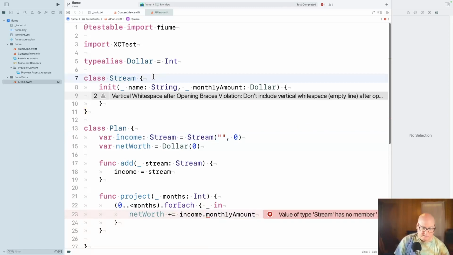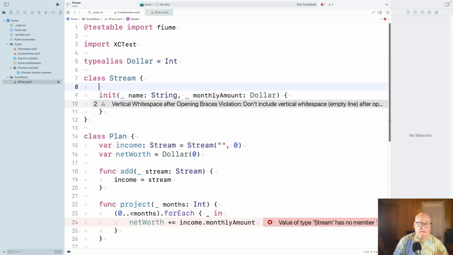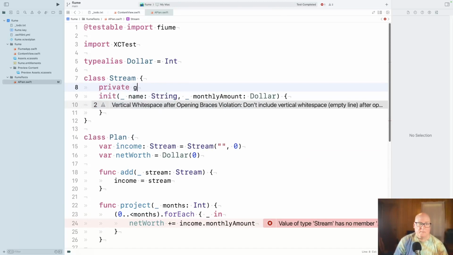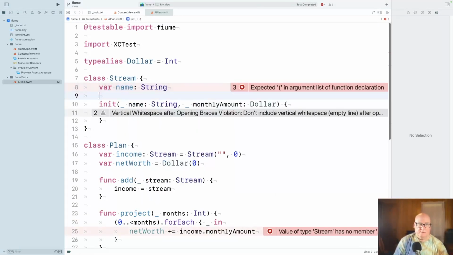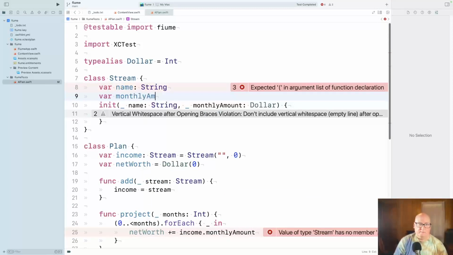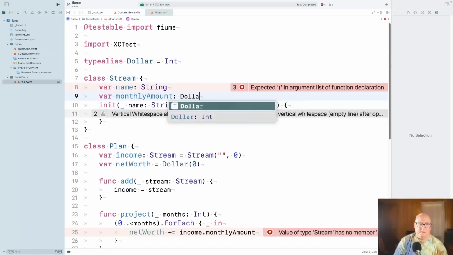Well, let's save those. Well, let's just do var name of string, var monthly amount of dollar.